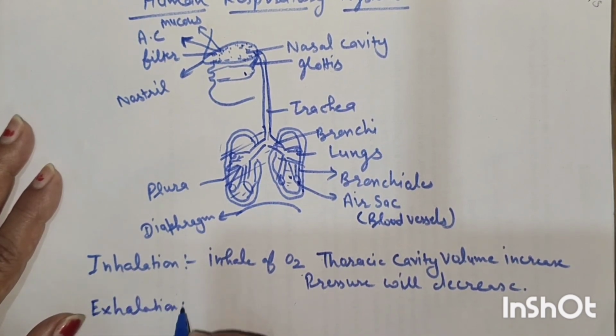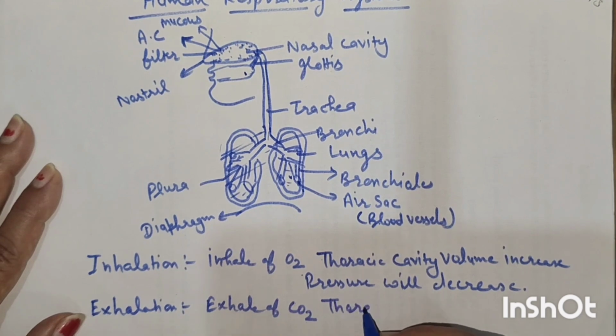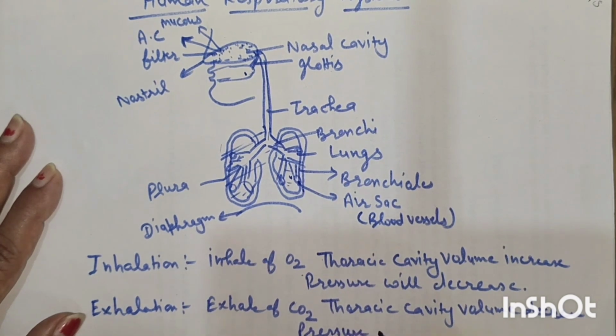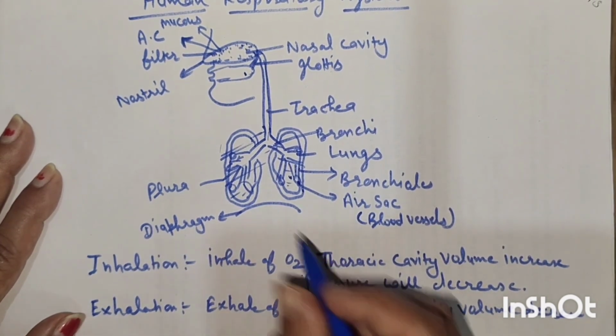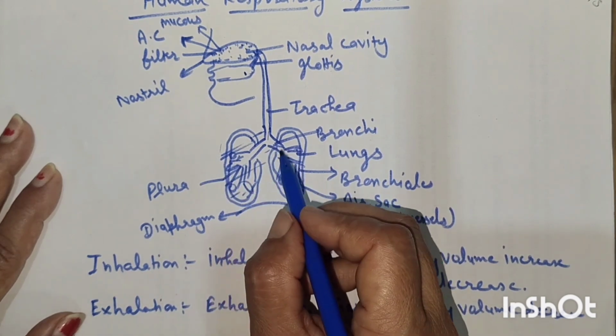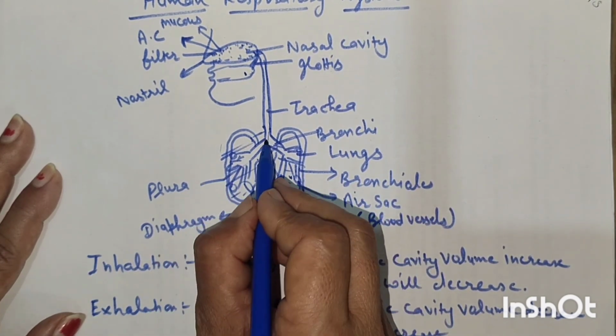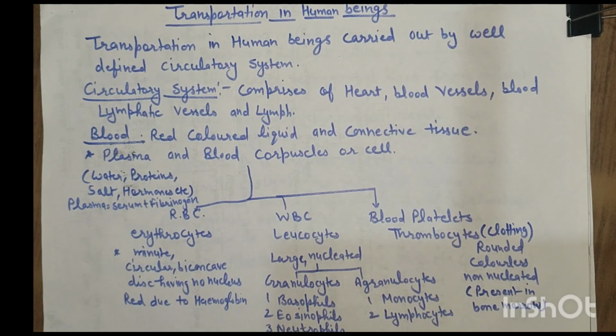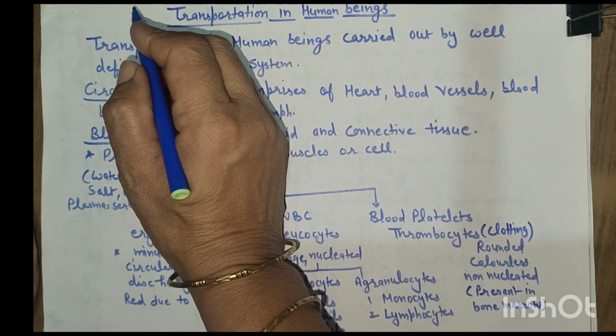Exhalation means exhale of carbon dioxide. That is, the thoracic cavity volume decreases, and when its volume decreases, the pressure increases. When the pressure increases in this thoracic cavity, then due to this extra pressure, this carbon dioxide is exhaled out. Student, now the third part of the life process is